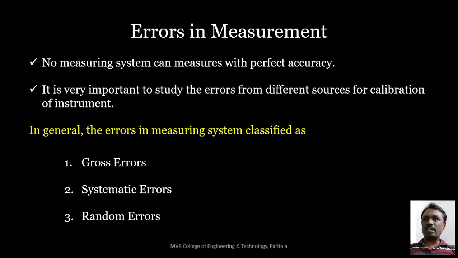We already discussed the classification. The classification of errors has three types. The first one is gross error, the second one is systematic error, and the third one is random error. We know that gross errors can occur only because of human mistakes. Systematic errors are instrumental errors. Random errors occur because of environmental disturbances. How these errors occur, we don't know, so we have to take some probability steps so that we can avoid this type of random error. In that, the first one is